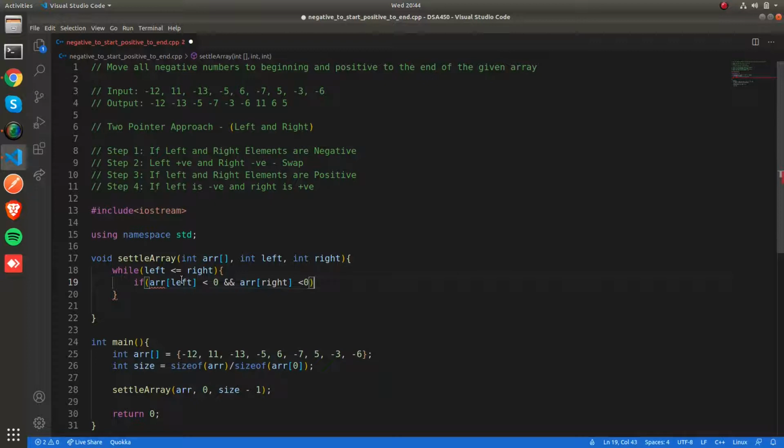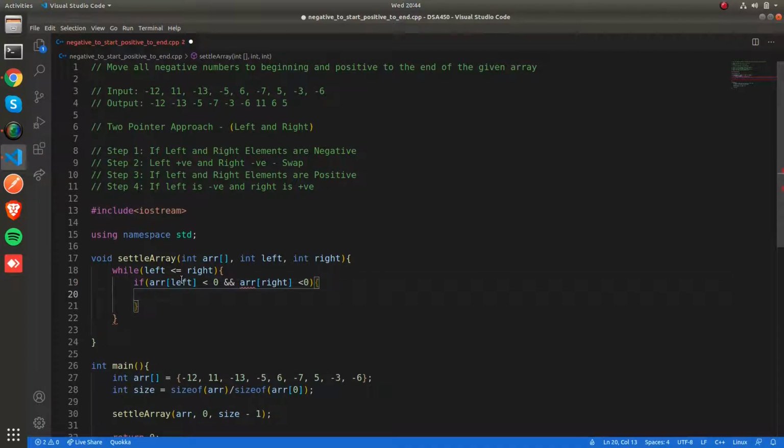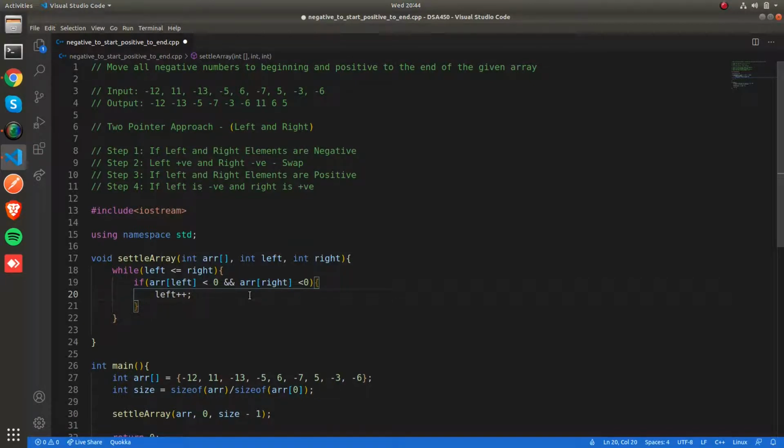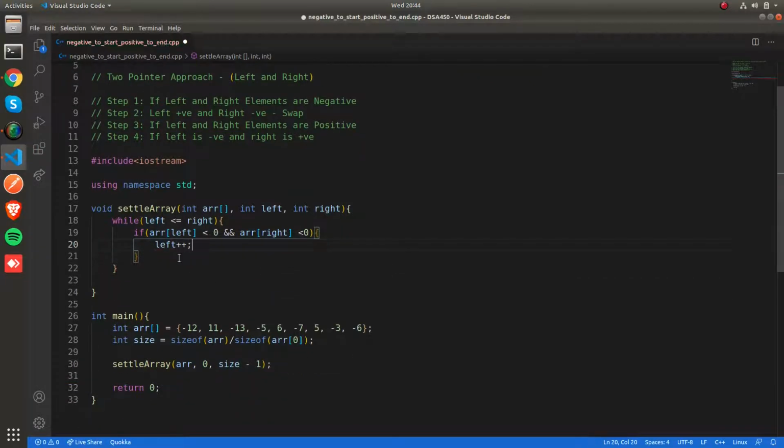So if both the elements at left and right are negative, then we have to increment the left pointer, because the element at the left index is at the correct position. Since the element at the right index is not settled, we will not decrement the right pointer.